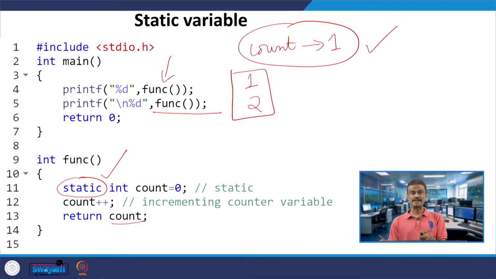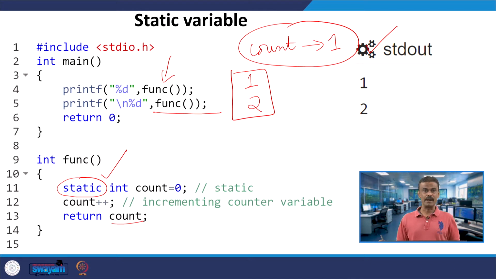If I use static, count will be considered as 1 before going to line number 5, and then when it is calling the function again, count plus plus, 1 plus 1 is becoming 2, and here we are getting the output 1 and 2. So, this is how the static variable is defined.